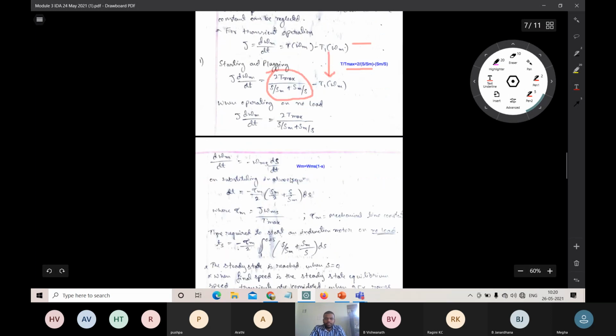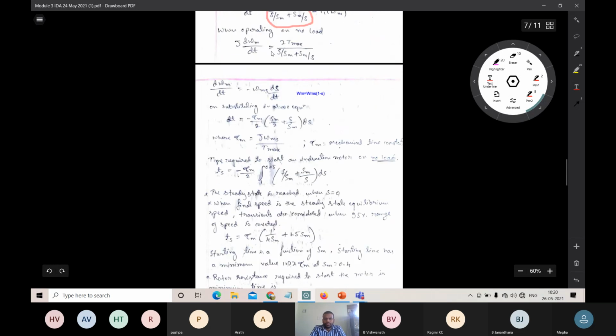The next thing is just replace the J in other form. Just take out the J term. How? We know one equation, that is omega m is equal to omega ms of 1 minus S. This is for the positive sequence response. For the negative sequence response, that will be 2 minus S. For the positive sequence response, omega m is equal to omega ms of 1 minus S.